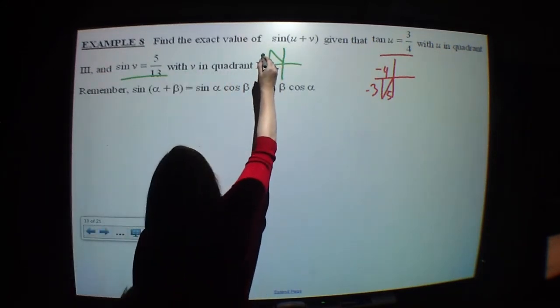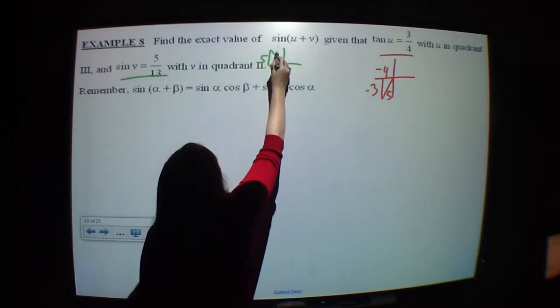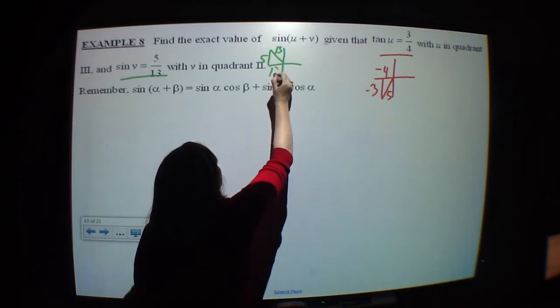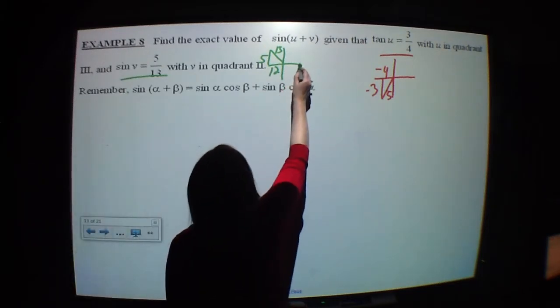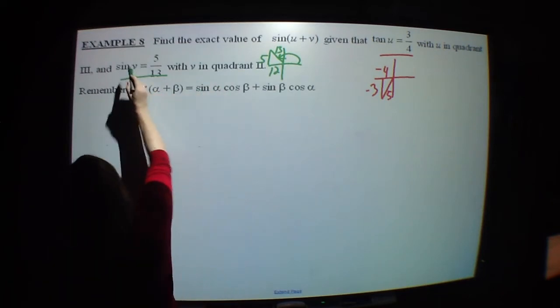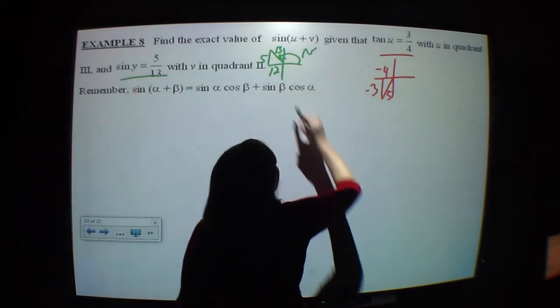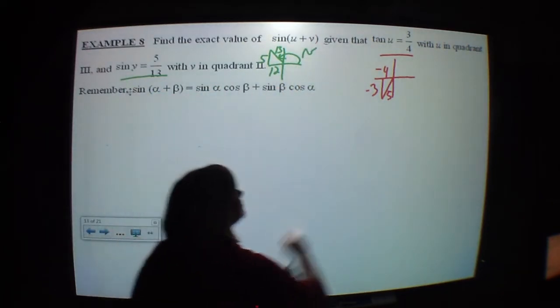Sine is opposite over hypotenuse. Figure out your missing side and you'll get 12, because 12 squared plus 5 squared is equal to 13 squared. Okay, you can do the math. If you had Mr. Soria, you probably memorized these. So there are my pictures. This is my angle v. This is my angle